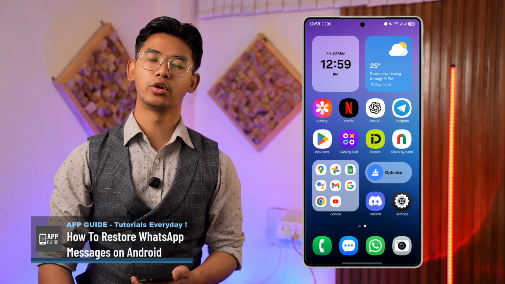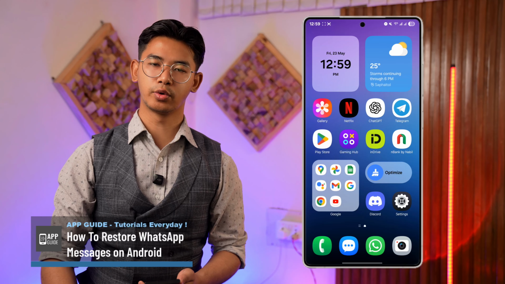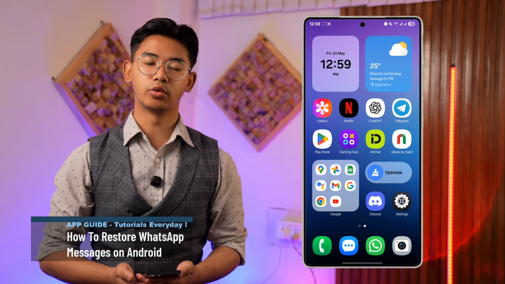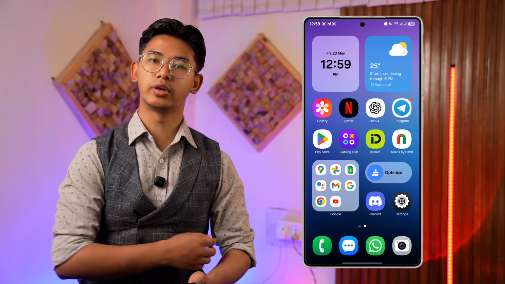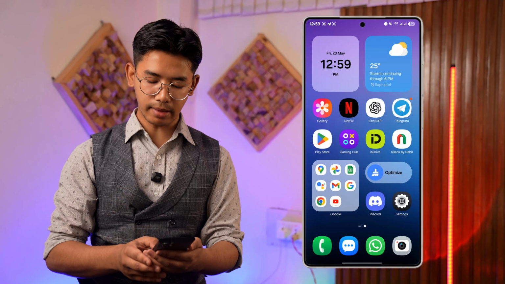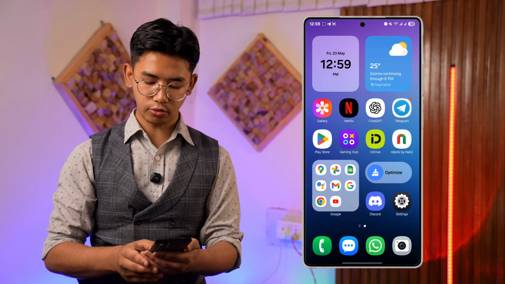How to restore WhatsApp messages on Android. If you want to restore WhatsApp messages on Android, first of all, you must have made sure that you backed up. So if you had backed up, normally to back up, you open your WhatsApp, you tap